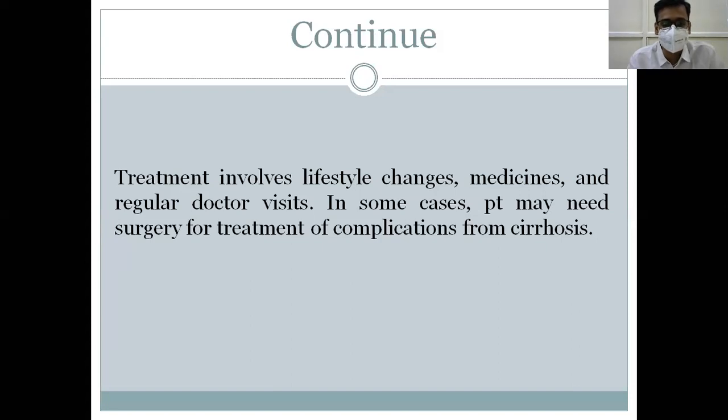As I've already told, for the complications, like if the patient is having esophageal varices, then he might need to undergo variceal ligation. If he is having intense massive ascites, he might need to drain it frequently. If he is having hypoalbuminemia, he might need frequent albumin transfusions. If he lands up in bacterial peritonitis, he needs a course of antibiotics. Depending on the complication, you treat, but the whole process can't be reversed.